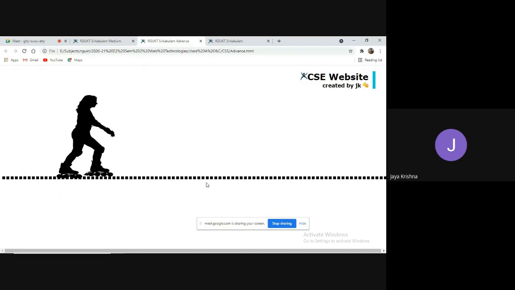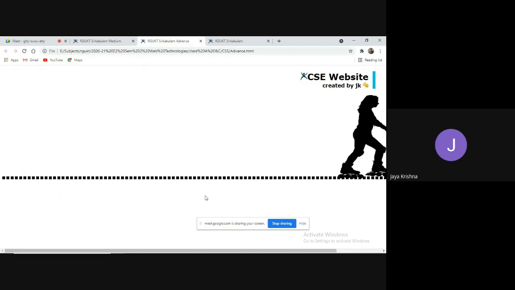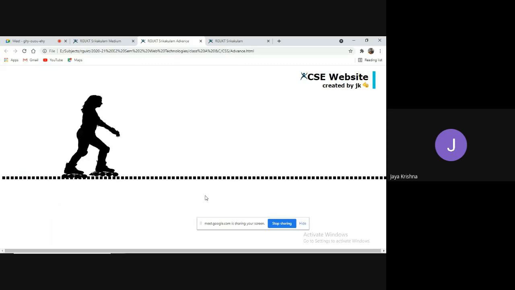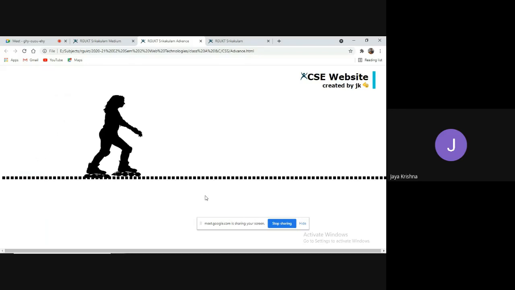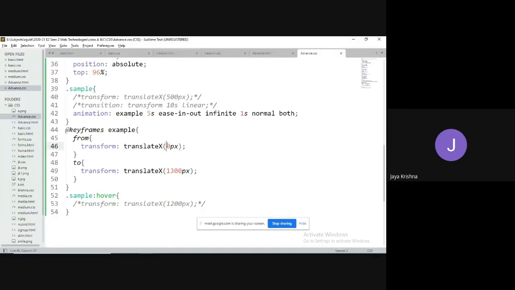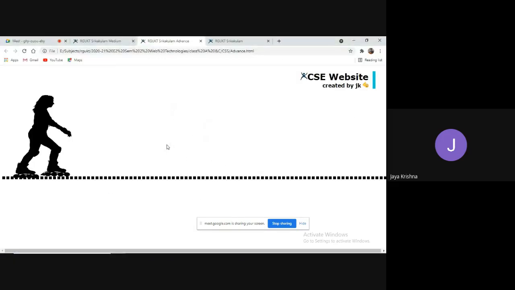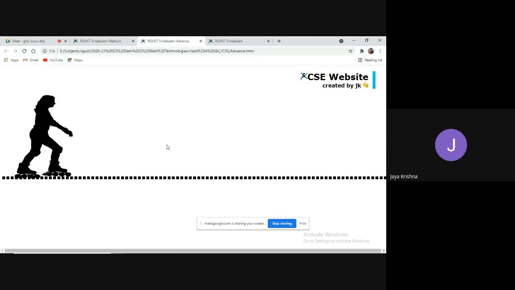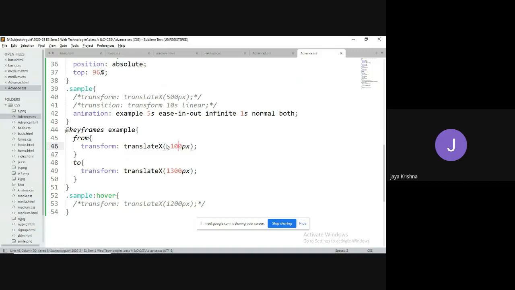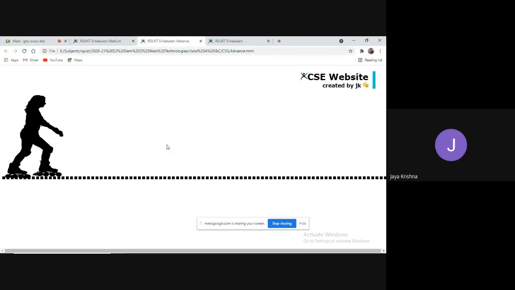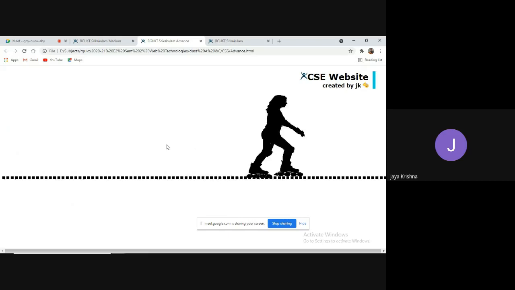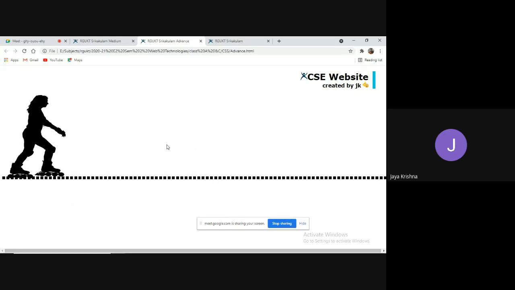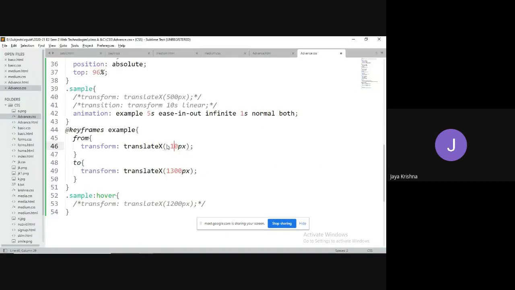Okay. It starts slowly, speeds up slowly, again it comes back, it starts, it is continuing. From which position is it starting? It is starting from 0 pixel. I don't want it from 0 pixel, I would like to go for minus 60 pixel. Instead of minus 60, I can go for minus 100 pixel, so that you will observe it is like a kind of rotation. So minus 120.